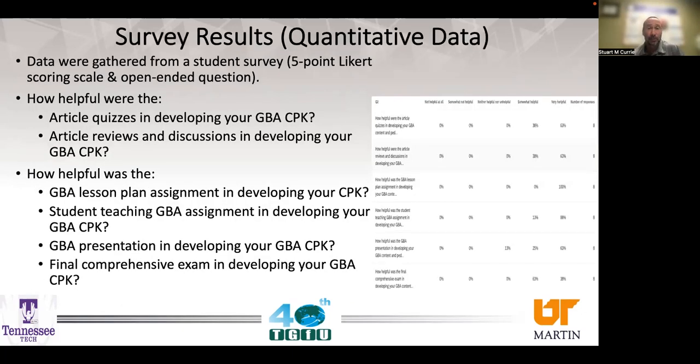Data were gathered from a student survey. It was a 5-point Likert scoring scale with 1 open-ended question. So there were 10 questions that students had to respond to at the end of the course and following the posting of their grade. And as you can see down the left-hand side, these are the 6 questions that discussed